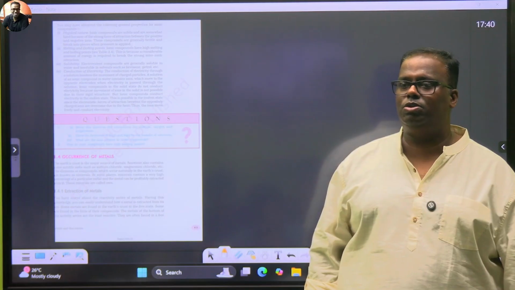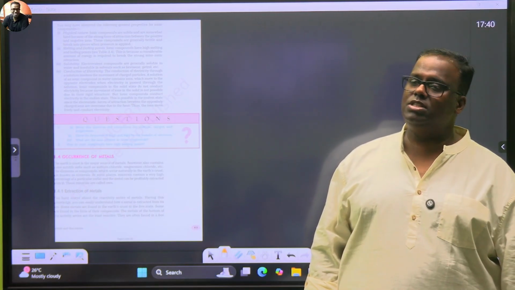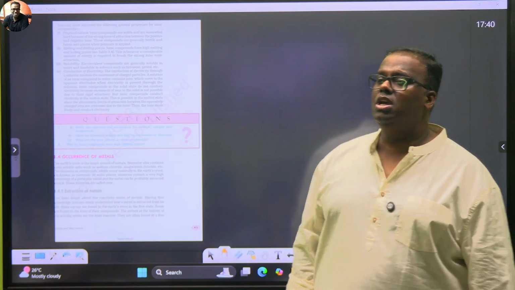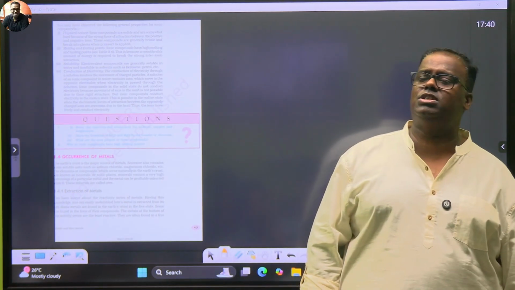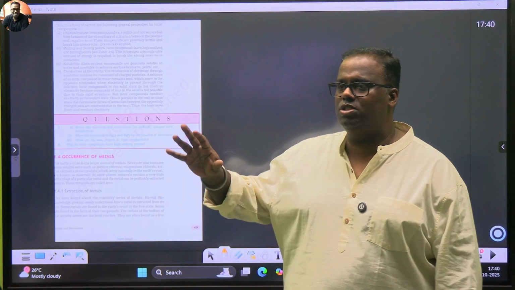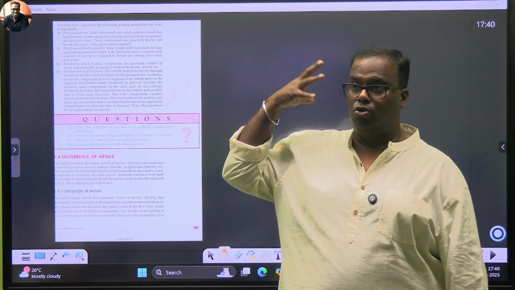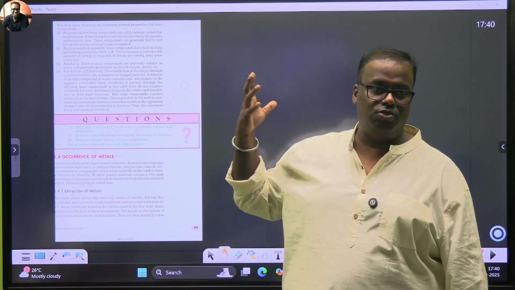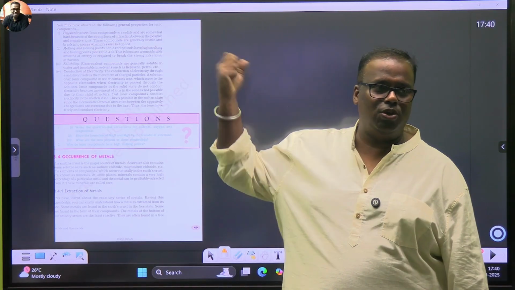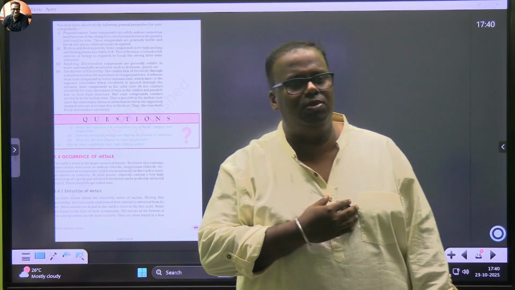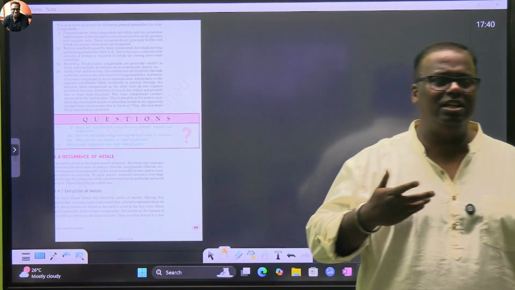Your job will be to convert it into an oxide. Once an oxide has been formed, our job is to reduce it. And how do you reduce? By just stripping out the oxygen. We will see how to strip out the oxygen. It means we have to introduce something. I'm an oxide, so I have oxygen paired with me. You want me without the oxide, so you have to bring someone who will love the oxygen, take it away and leave me free. So that is one. And the least reactive ones are done directly.